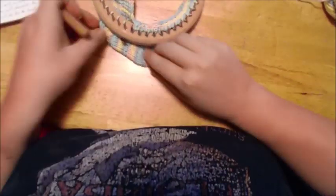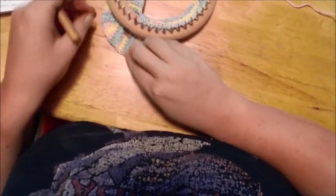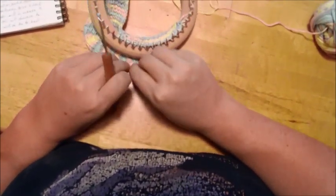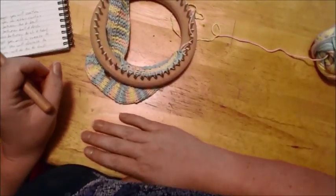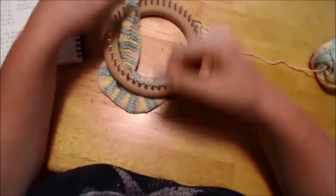This gives me a nice rounded toe. Okay, so now what I want to do is go in and do my other half of my upper part of my sock. Okay, and that's where you're going to do your 60 rows back,